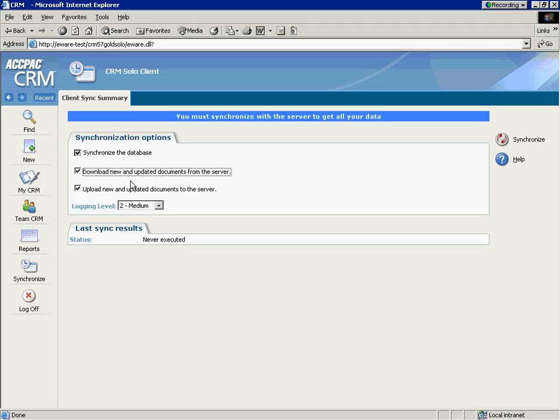This would include template documents, merged documents, global library documents, and any documents he may have elected to bring offline with his library. This is optional because this may increase the size of the synchronization, so he has the ability, if he's on a slower connection, not to synchronize that data. John clicks the Synchronize button,